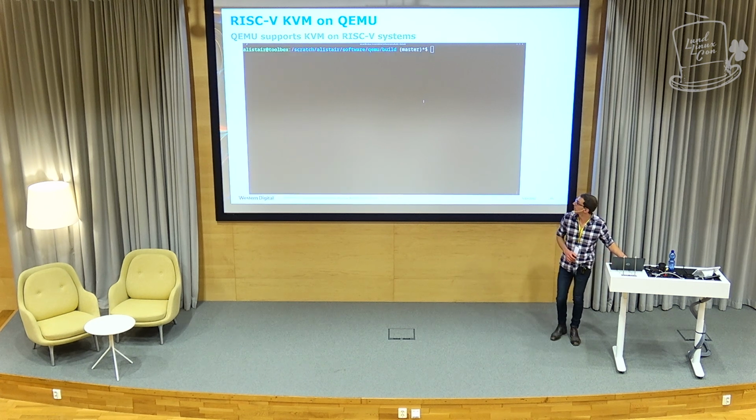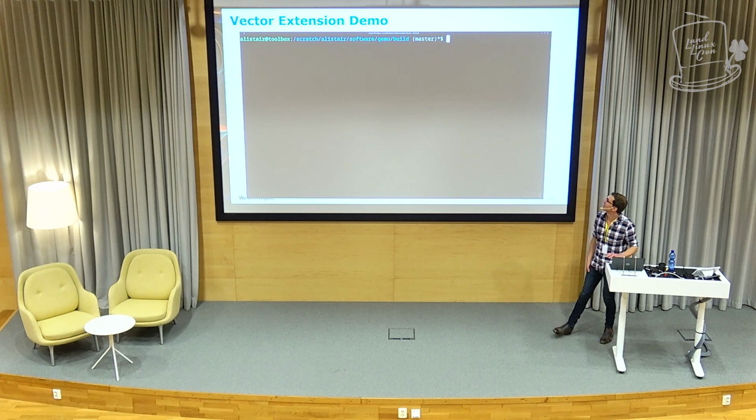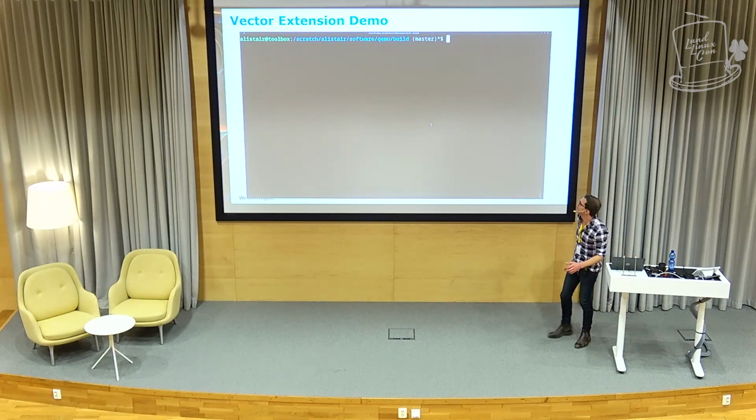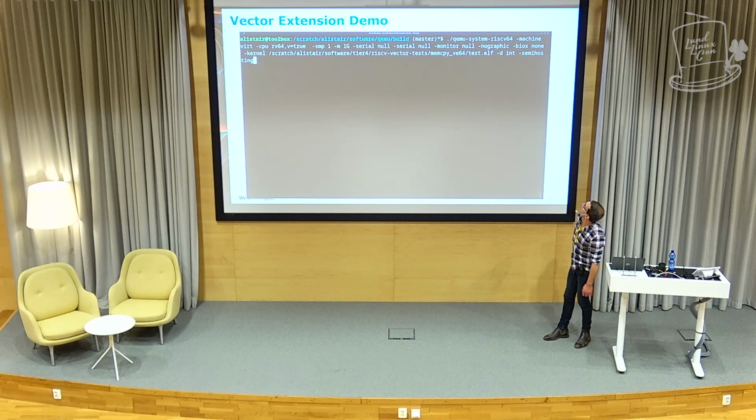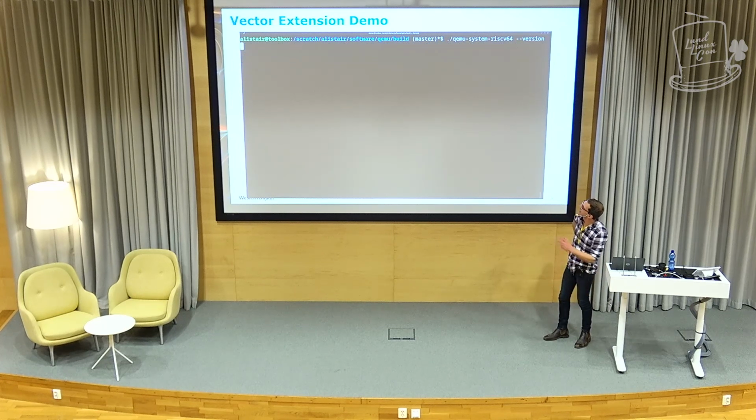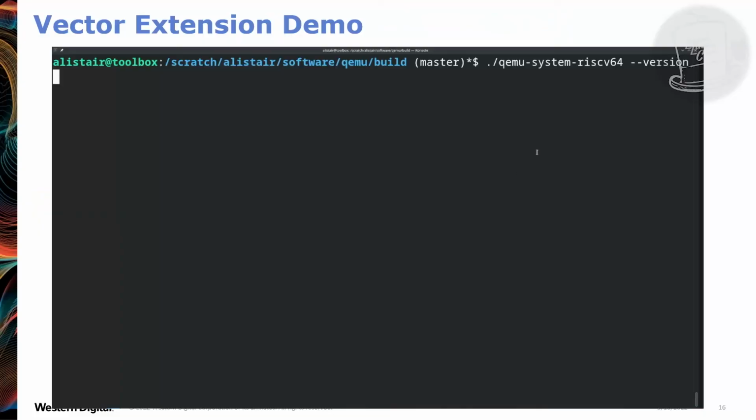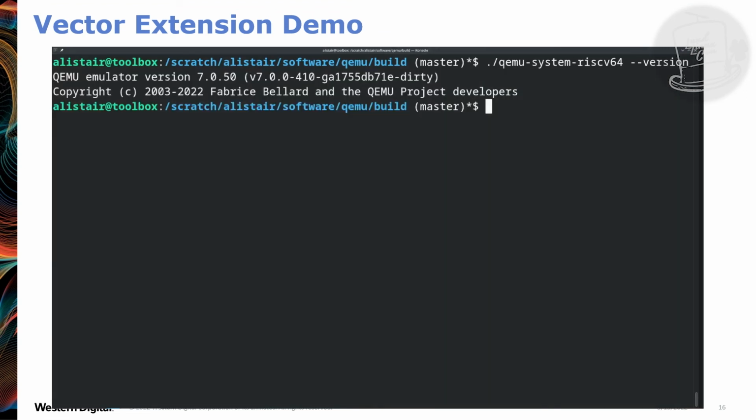Did that work? Or was that playing again? Oh, there we go. Okay, so this is the vector extensions. This is a big deal in the RISC-V world. I gave this talk at a RISC-V event before this. This might not be as exciting for everyone else, but I think it still shows QEMU, and vector extensions are all the rage. So again, the 7.0 release. There we go. 7.0. It's just got some extra patches on top because I was using master.